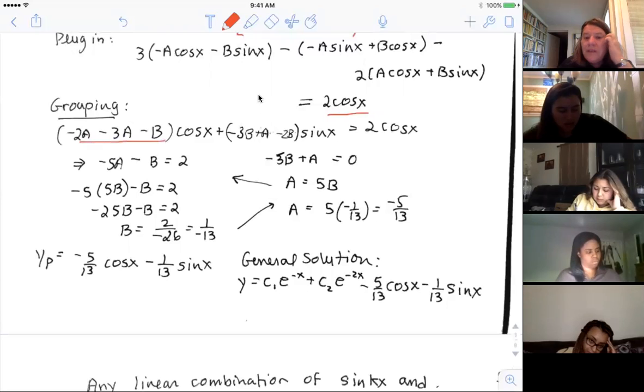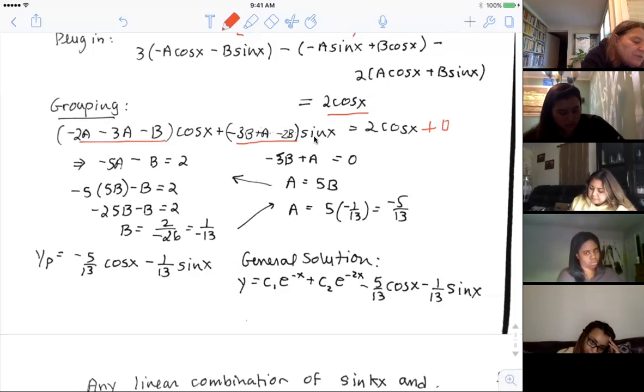Okay, I'll group together the sines, and I'll have minus 3b, minus a minus a, there's a sign right there, so that'll be plus a, and then with the minus here will be minus 2b. So there are the grouped coefficients on sine x. Now is where we start matching coefficients on the various sides. There are no cosines over here. I mean, sorry, there's a cosine, but there's no sines. So the coefficient on the sine over there is 0.